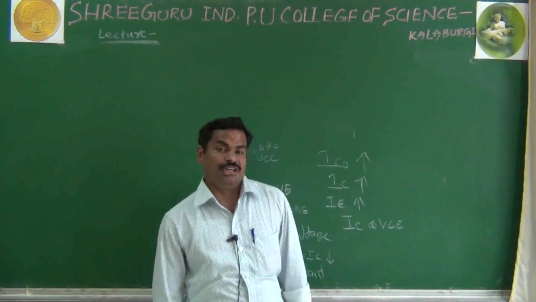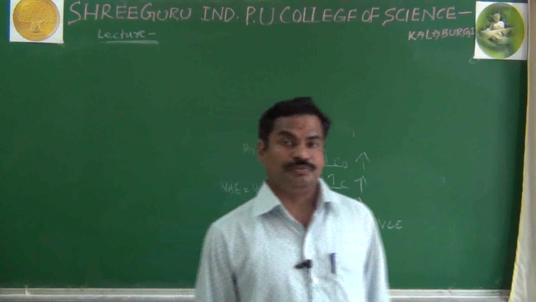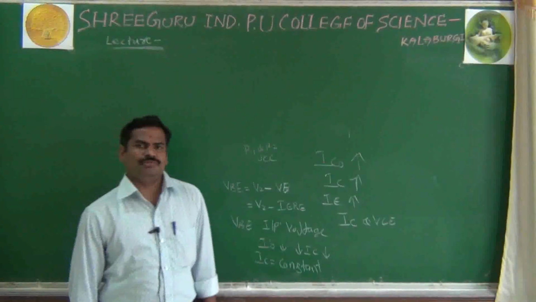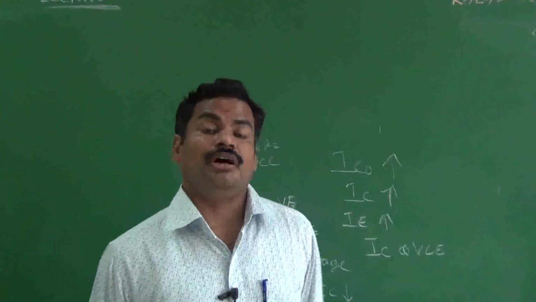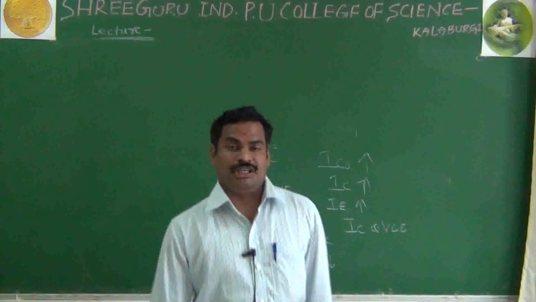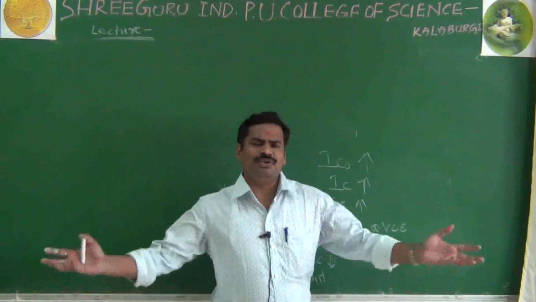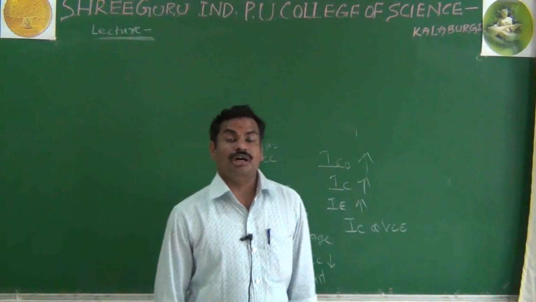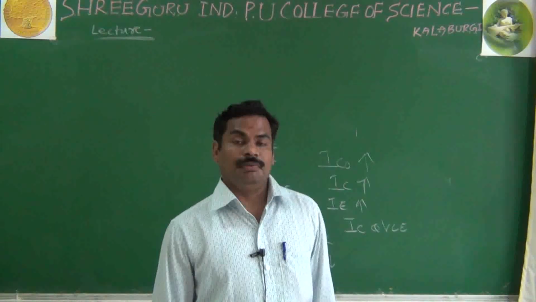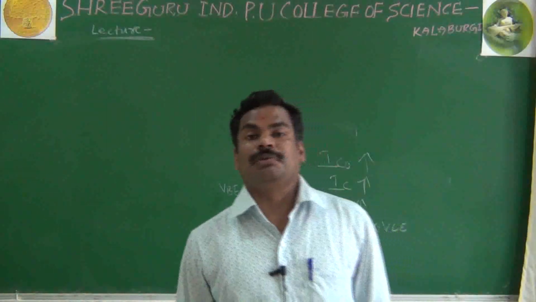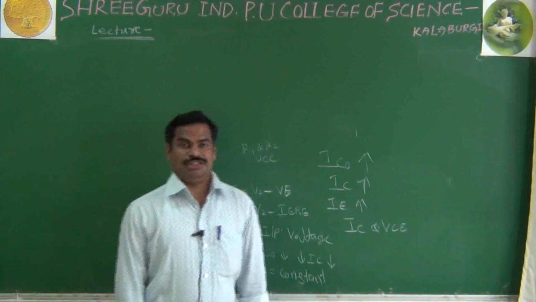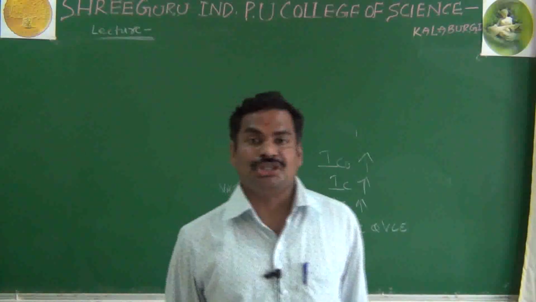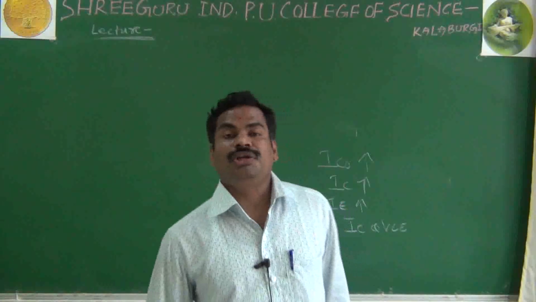That is one advantage. The second advantage is that in almost all amplifiers, we are using voltage divider biasing. And why do we use voltage divider biasing in amplifiers? Because we want more amplification. If you want more amplification, you can use voltage divider biasing. Most amplifiers use voltage divider biasing because the more amplification is given by voltage divider biasing.